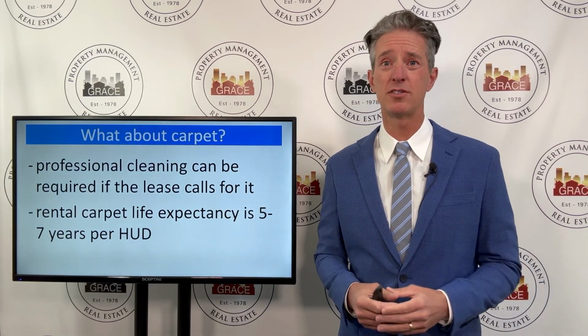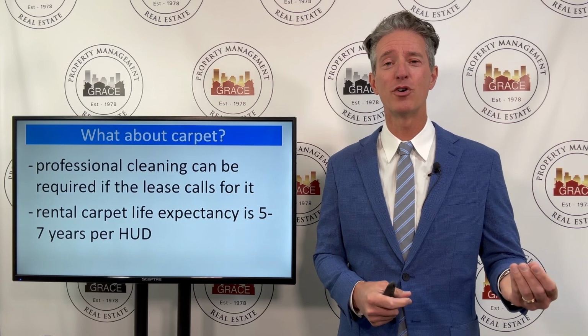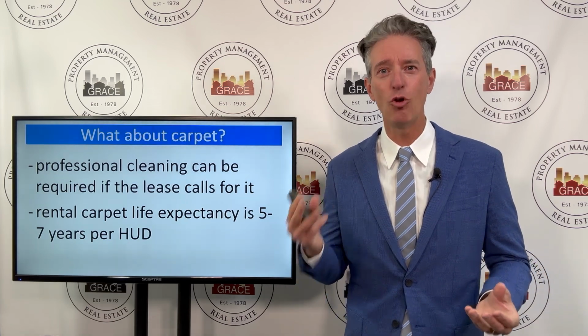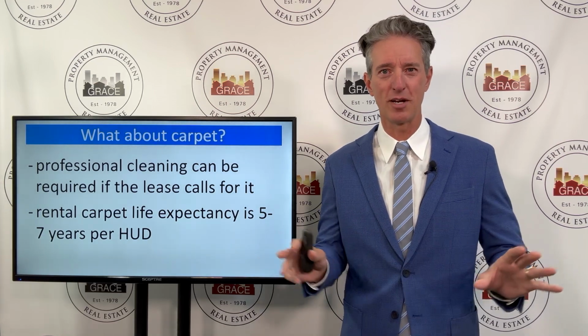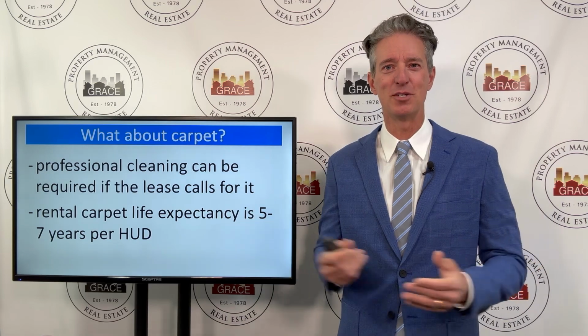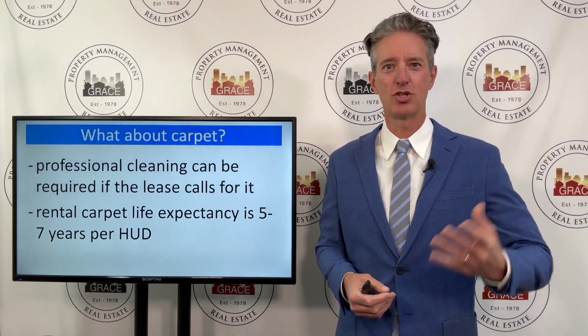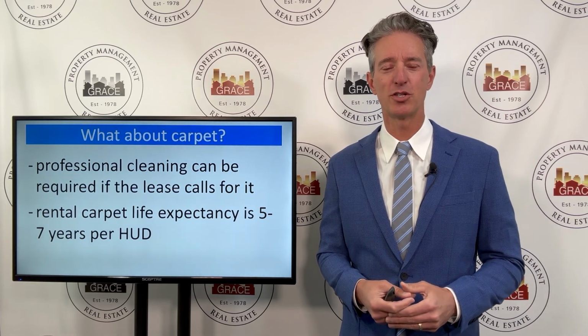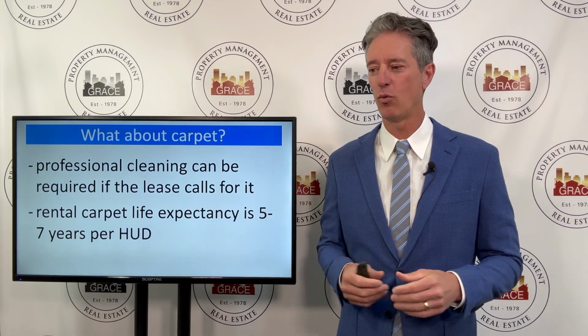They say it also depends on how many people are living in the property. Is it a family versus, as HUD says, an elderly person, which is rather ironic because HUD also says we can't discriminate from a family to an elderly person. But there's different life expectancies, HUD would say, potentially, on how much usage that carpet is going to put in place. So it gets very, very nuanced